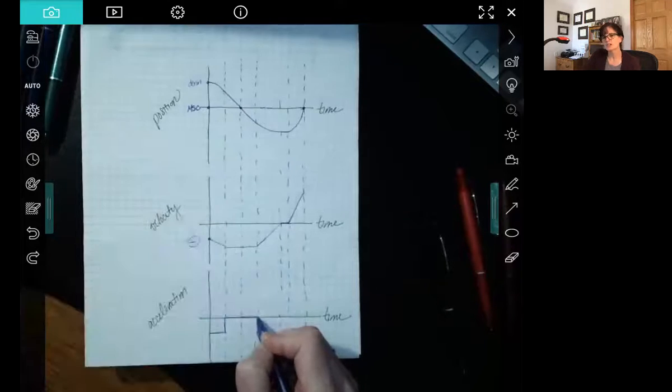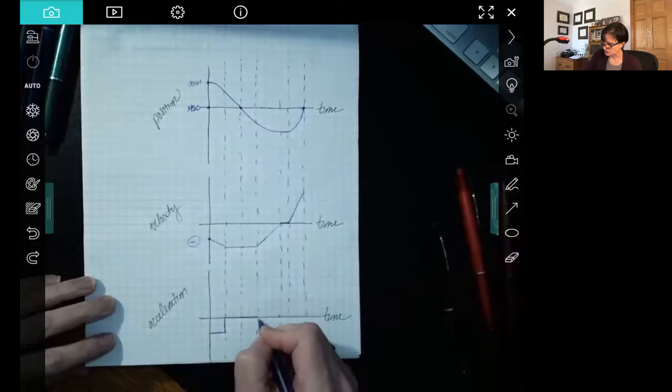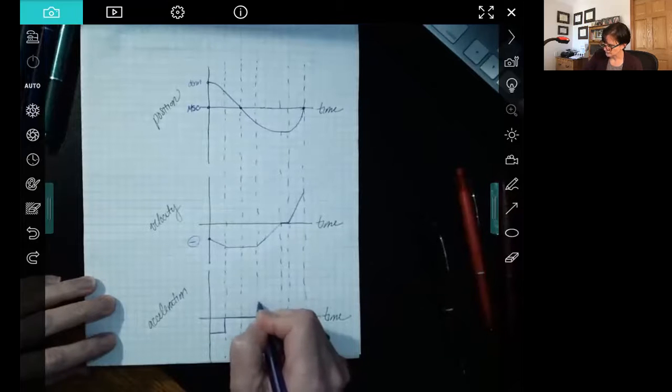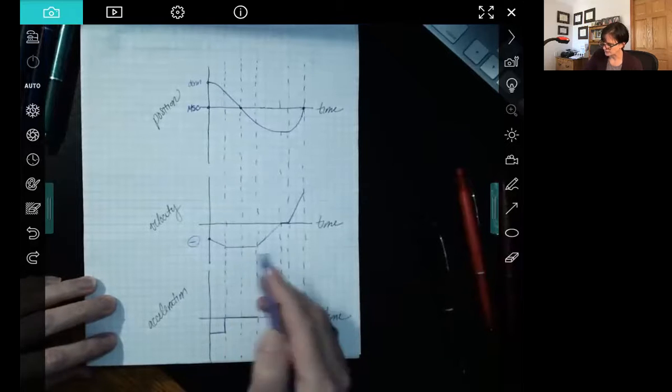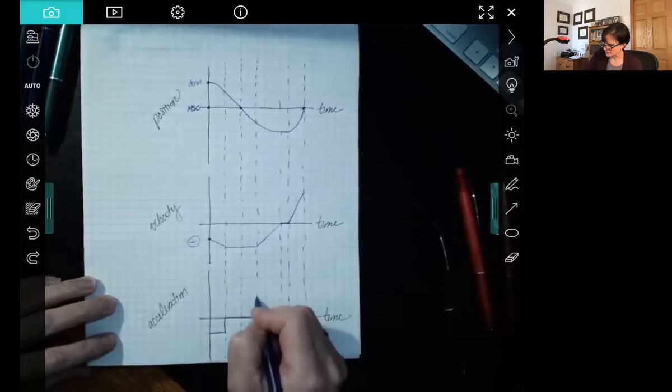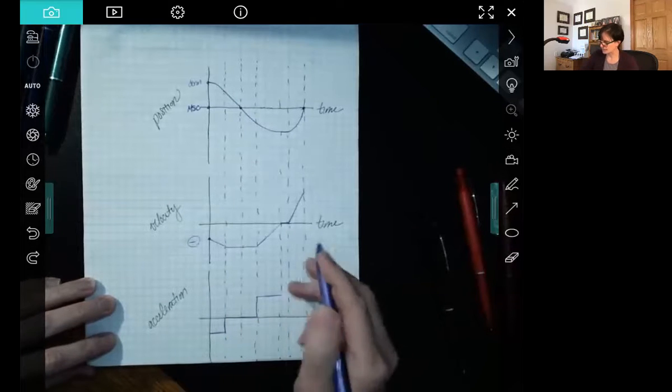I then have to slow down to my spot. Well, I'm moving south, negative, but I'm slowing down, so my acceleration and velocity are in the opposite direction. So if I'm moving south, my acceleration must be to the north. And it's a little bigger. This is a little steeper than that one, so I'm going to make it a little taller than I went down. I then come to a stop,